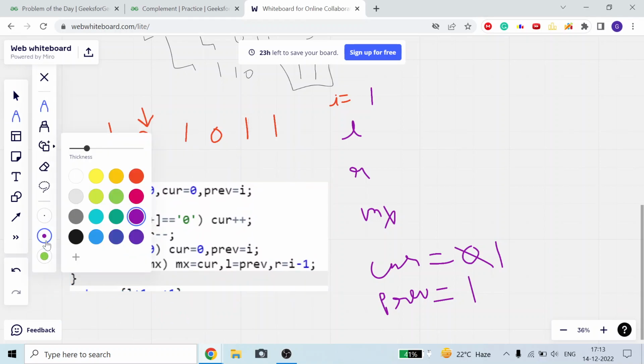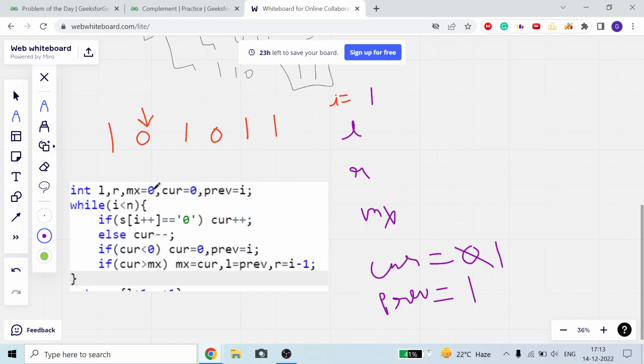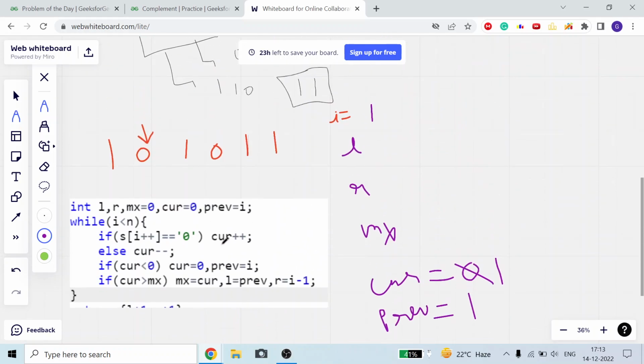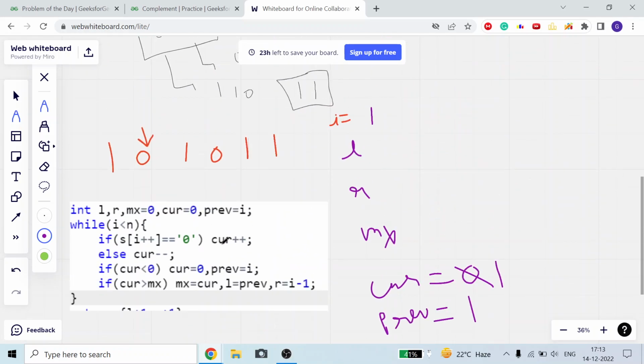So what I am doing now, as I is equal to 0, I will increase my current. Now what I can see, and the else condition will not work now, because if current less than 0, less than 0 means we are changing 1 0 to 1, but we are changing some 1, like in this case that I told you. I will tell you this as well, don't worry, this will also be handled.